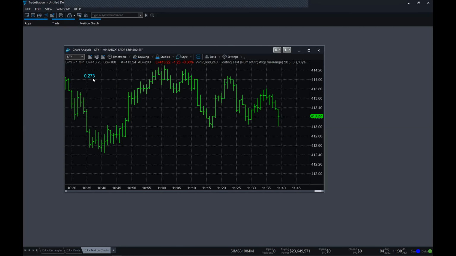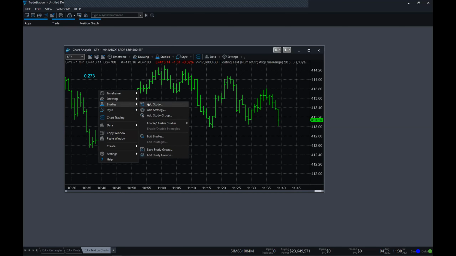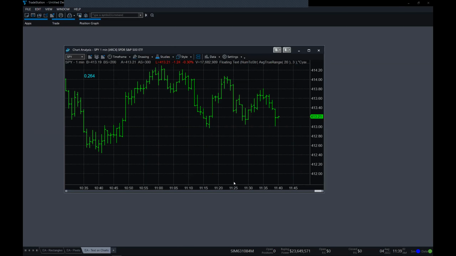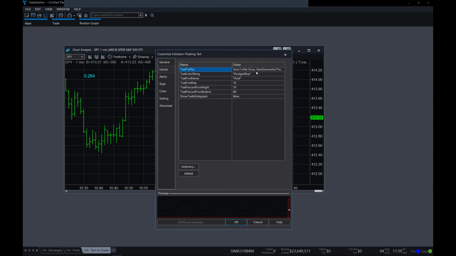Okay, so now you say, well, look, if I had a few of these, I'd probably forget which number is which. If I added this again, let's just say that I wanted something else in there too. And here, I'm just going to do the close, just so that maybe I could use different colors, so I'll remember which one is which.